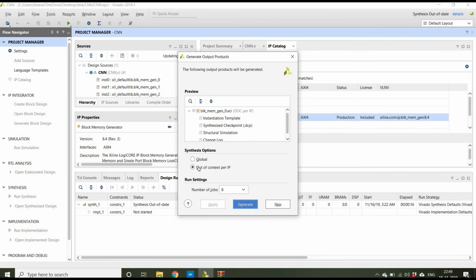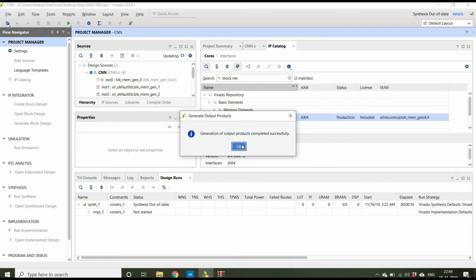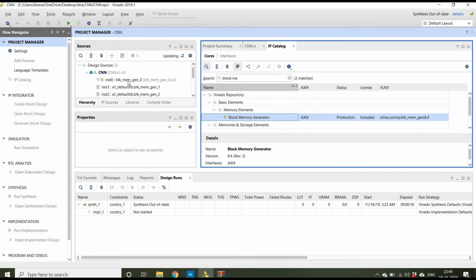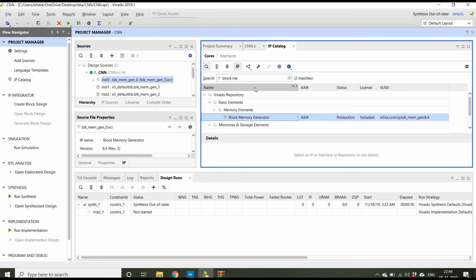And now click on generate, generate the VRAM. Now you can see here that the VRAM is generated. If you want to add two or more VRAMs, then again repeat this option, IP catalog, and repeat all the steps. You can add so many VRAMs here.